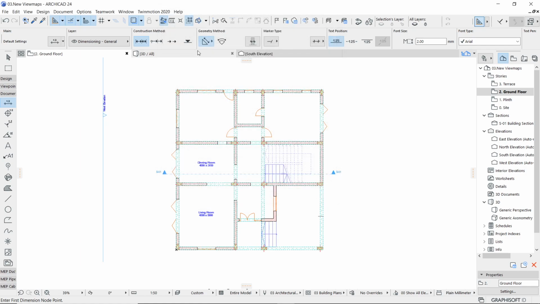Now remember, you have construction method, which is already linear, you have selected, and then geometry method, that is whether you want to go for only XY, that is, if you click and hold you will get these two options, that is only XY, that is horizontal or vertical directions, or any angle. Okay, so it's just flexible, and in case you want to give a length of the arc, then you have to choose this option.